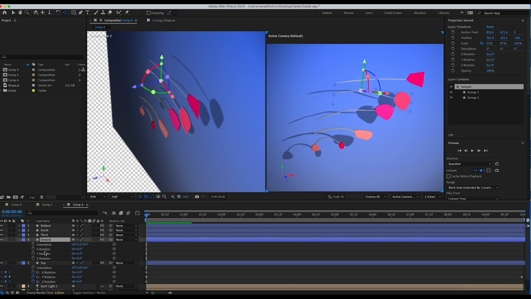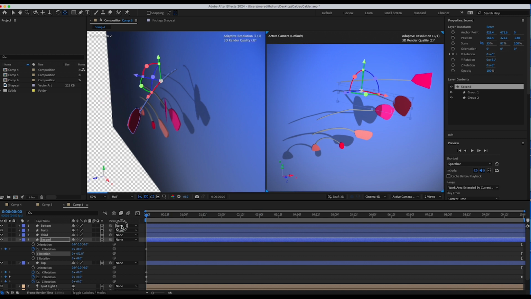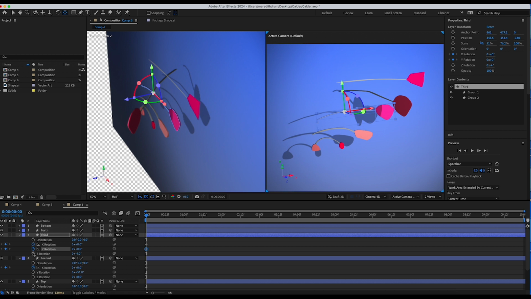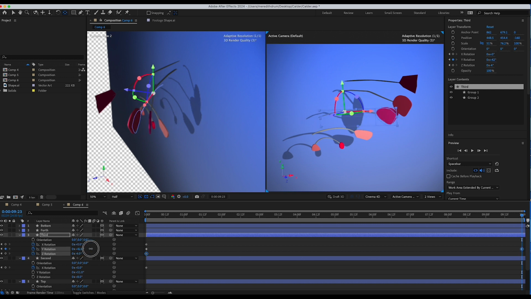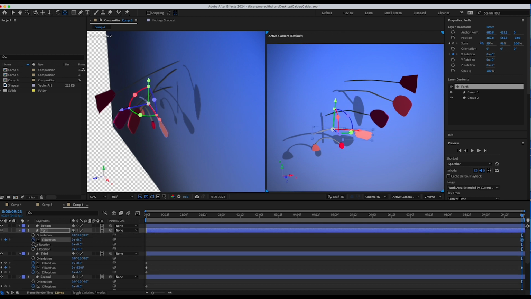Let's do the same for this one here. Let's turn on rotate. We'll give it a keyframe for all 3 of these at the beginning. Remember, you're at the beginning. Go to the end of the timeline and let's rotate that in Y towards the camera. Okay, and we'll do the same with the third. Rotate, give it a keyframe in all, because I'll show you why in a second. We're at the beginning of the timeline. Go to the end of the timeline and let's do Y. Okay. And same with the fourth.